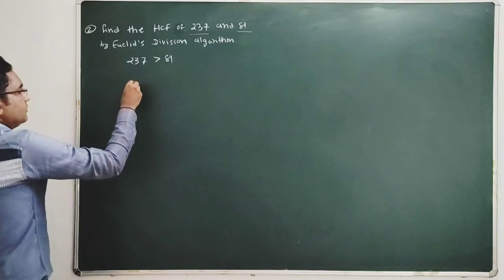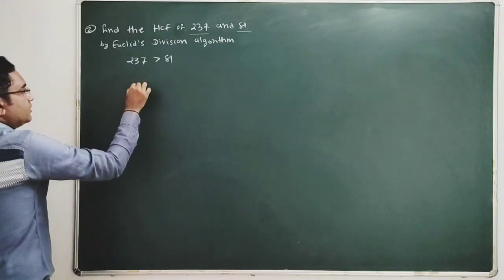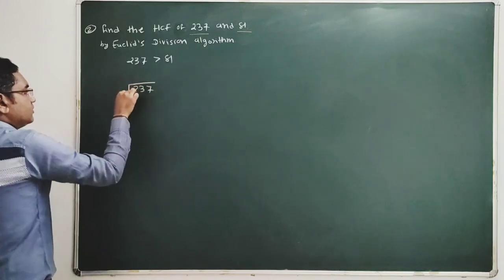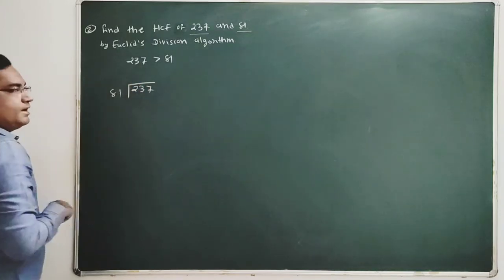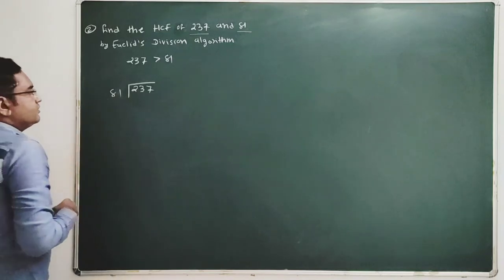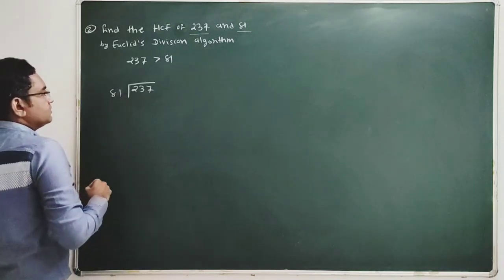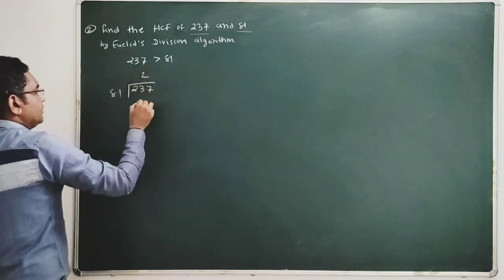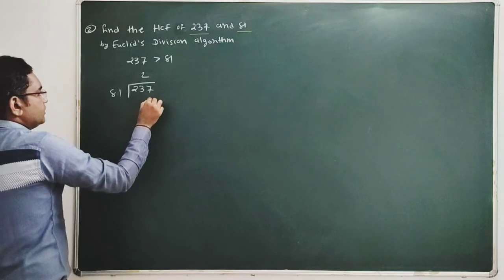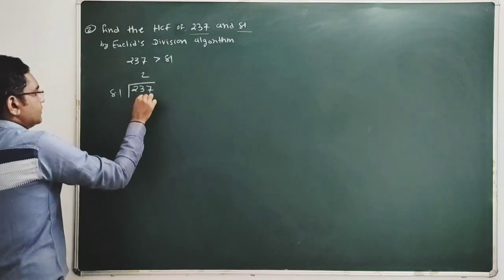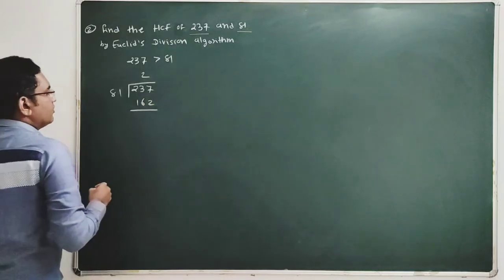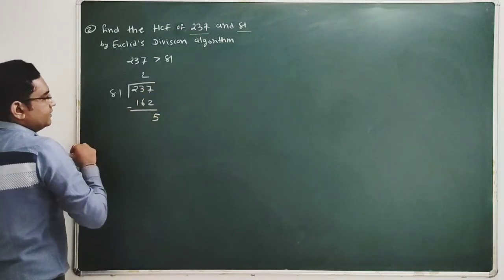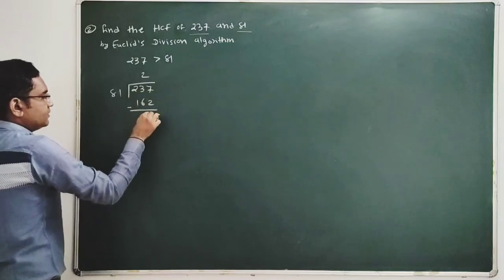So now applying Euclid's division algorithm, we are performing long division. So it's 237 divided by 81. So here 81 3s would be greater than this one. So 81 2s are, 2 1s are 2, 2 8s are 16, 162. So perform subtraction. So 7 minus 2 is 5 and 23 minus 16 is 7, so 75.